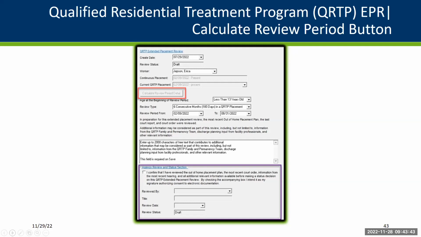This is because if the child or youth returns to a QRTP placement within the same continuous placement episode, the non-consecutive days continue to accumulate. So another alert will not be generated. The original alert remains, increasing the possibility that later on the EPR would be missed when it's due at the start of the next QRTP placement in the CPE. So it doesn't start over the whole timeline, right? Because we have that non-consecutive